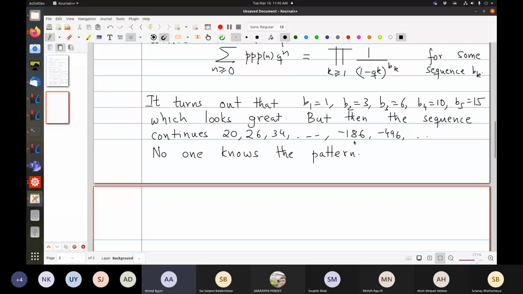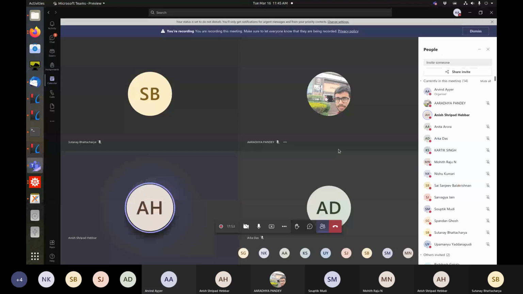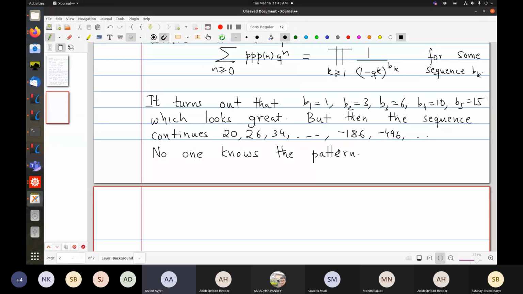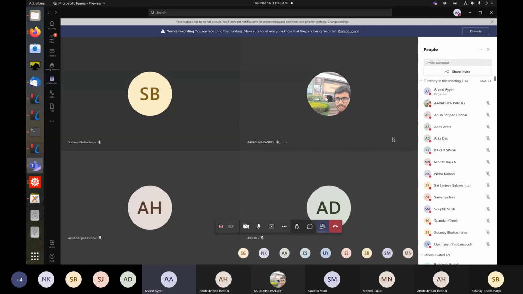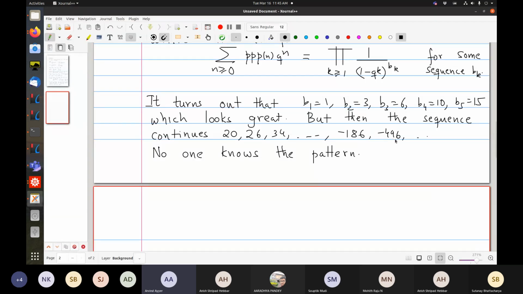Do the signs switch infinitely often, or is it positive then negative forever or something? We don't know anything basically. Yeah, we have some 20 numbers, I think, and then you can't really conclude anything because they start to become more and more random. Yeah, good. So any questions about this?